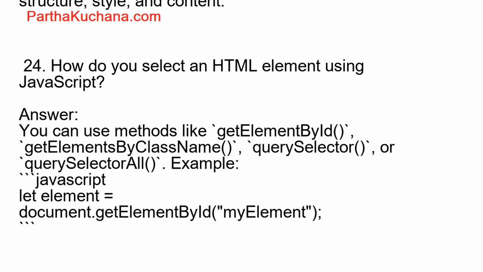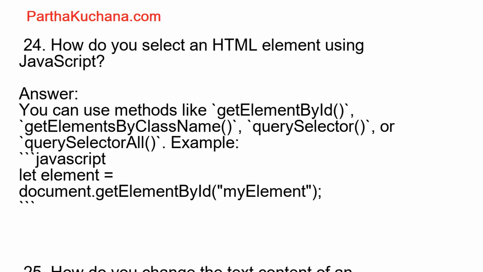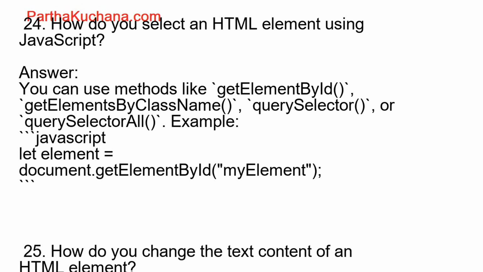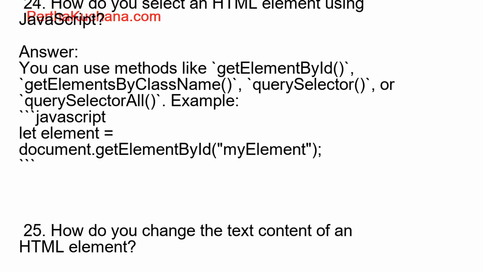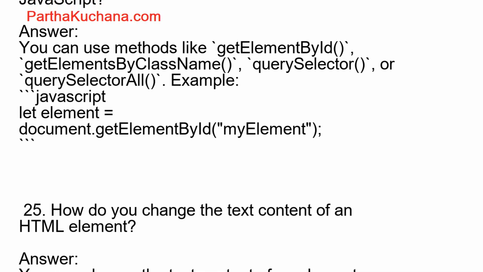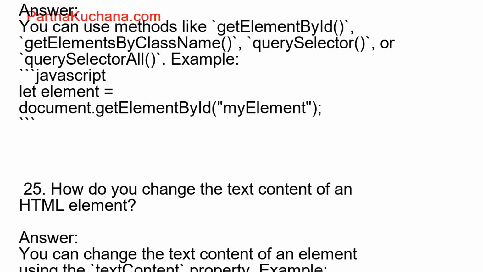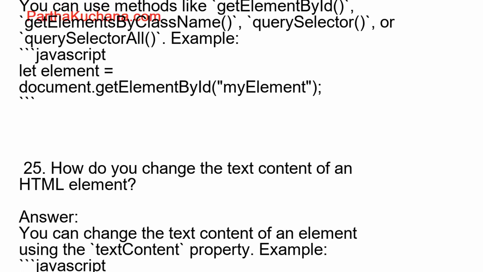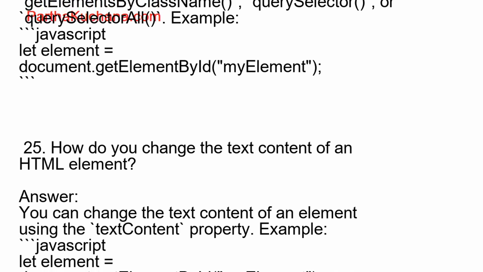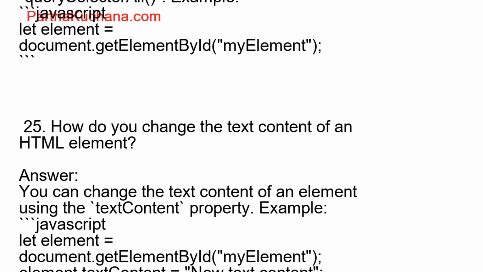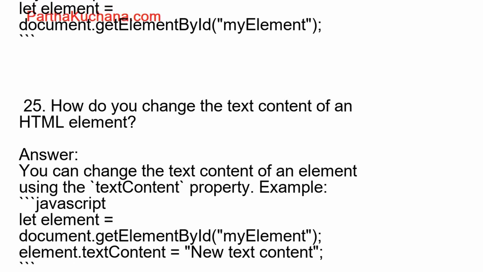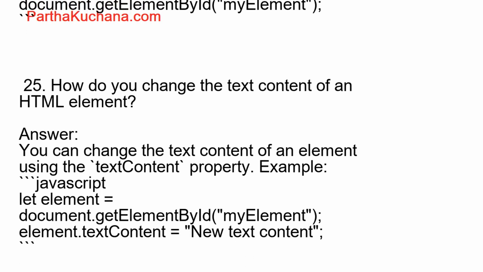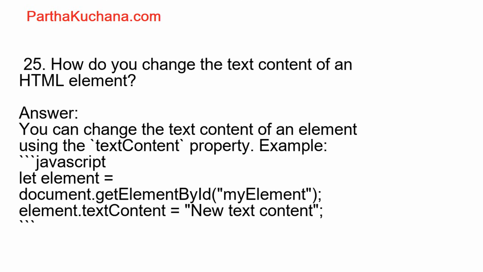26. How do you add a new element to the DOM? Answer. You can create a new element using createElement and append it using appendChild. Example, JavaScript. let newElement = document.createElement("div"); newElement.textContent = "I am a new element"; document.body.appendChild(newElement);